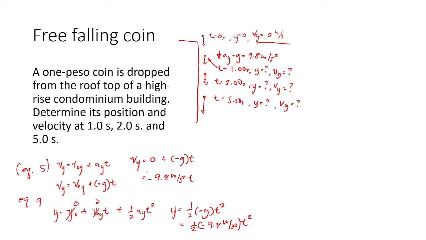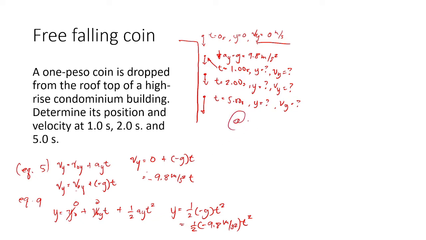So it is more on substituting the values of our t to these formulas. So para doon sa 1 second, oh, hindi ko na naman sinulat yung mga sagot. Anyway, we have here,